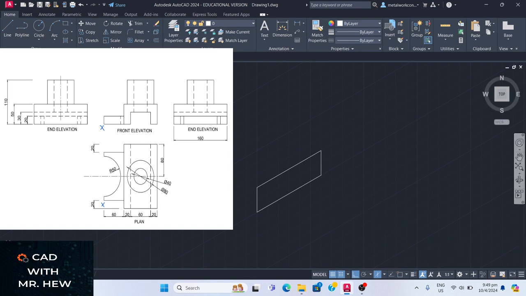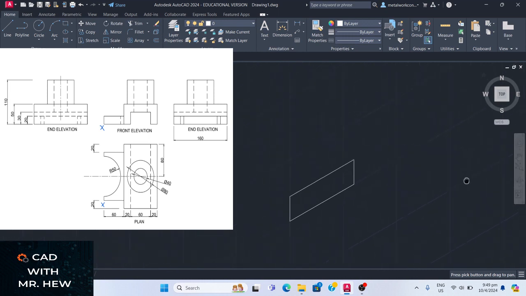So this distance is 120. So this distance going across here will be 10 millimeters. All right. So let us center the drawing. All right. So what we're gonna do now,